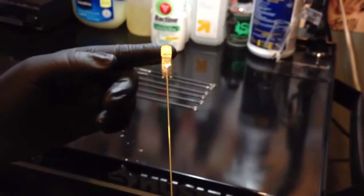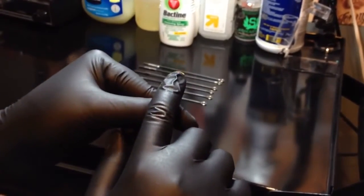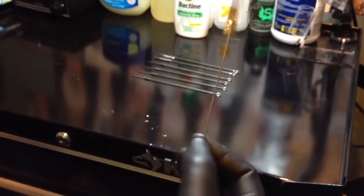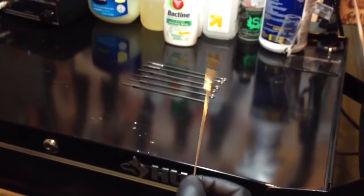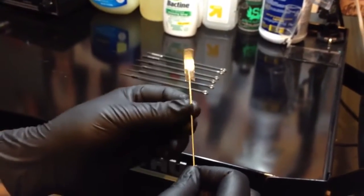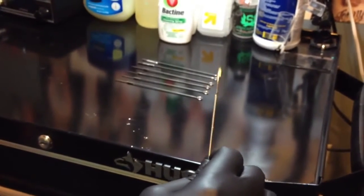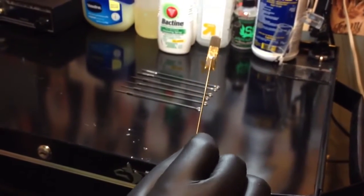Because you have more needles on the bar, you're going to need more force to push every one of these needles in 2 millimeters. You're going to need a lot of force to push this. So what I actually do is I specifically use a direct drive rotary for these exact needles and nothing else, because nothing else will push a needle this large in easily. Unless I'm using one of my coil machines and I've got one of my coil color packers turned all the way up, and it's just screaming and rolling on the skin really hard. But other than that, I would only use this needle